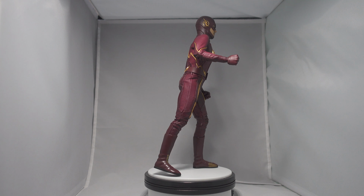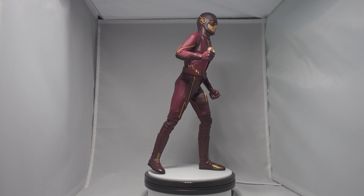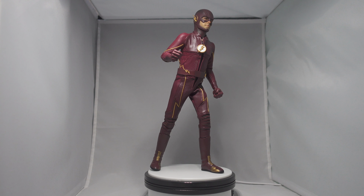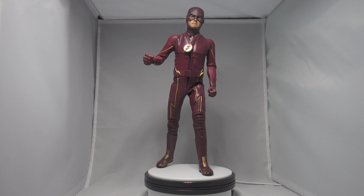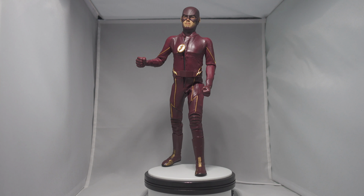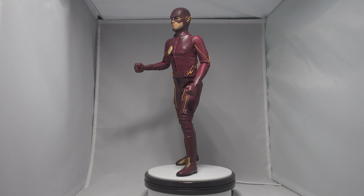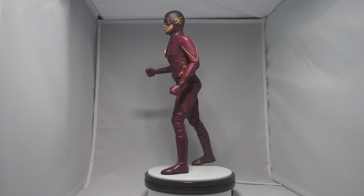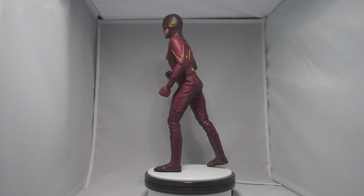So just another look. You can see I really do like the mask on face. This is probably the way I will display him, even though I really like the Barry face as well. I may end up with a second of these at some point. But being that this is my only 6th scale Flash figure, I will likely have him with the flash effects, have him running the way that you would expect to see it. So let's change out, get some of those effects on him, and take one final look at the SooSoo Toys